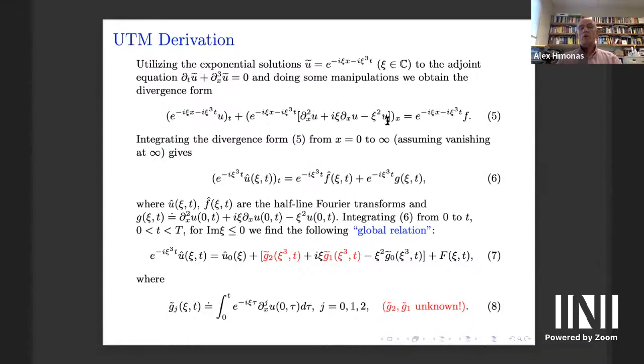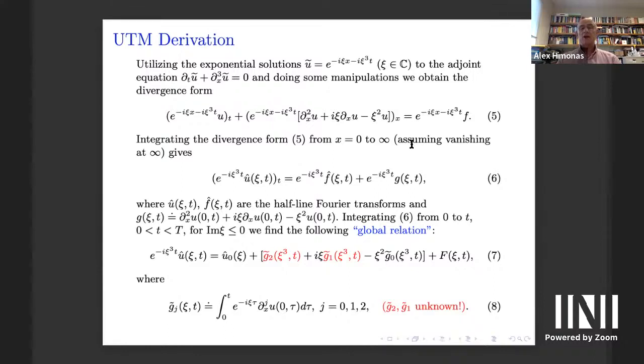So from the second order equation we get kind of a first order one, which is not really first order because there is another derivative inside. But in any case, we do this manipulation, and after we do this manipulation, we integrate with respect to x from 0 to infinity. And if we integrate with respect to x, then the integration will jump inside the parentheses, and the half-line Fourier transform will be formed, and then we get